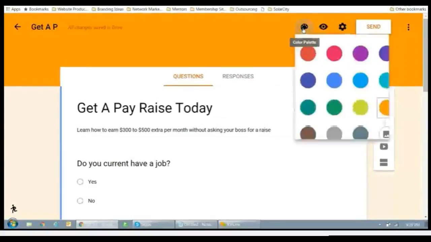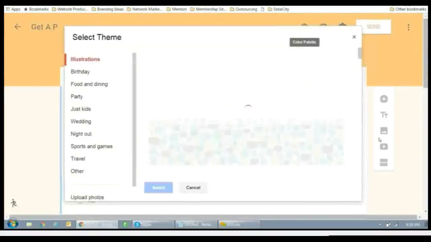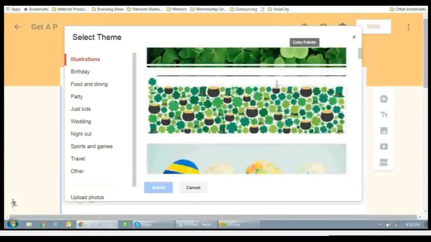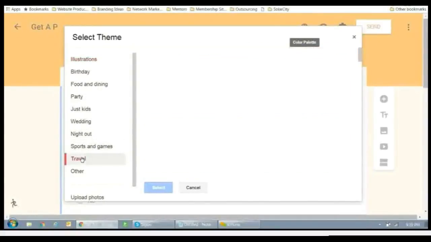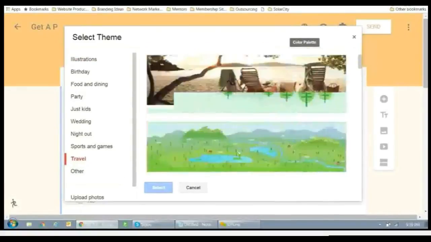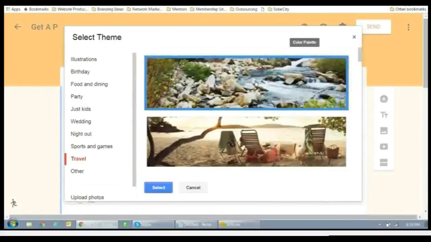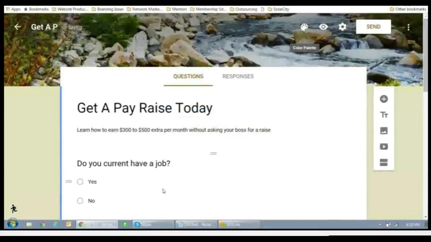If I want to add a photo, I go down here where it has a photo, and I can find a header or use any of the headers that they already have. So for example, let's just say I like this one. I'm just going to use this one. I'm going to select this. And now the header has changed. Everything has changed here, okay? If I want to put something up here,